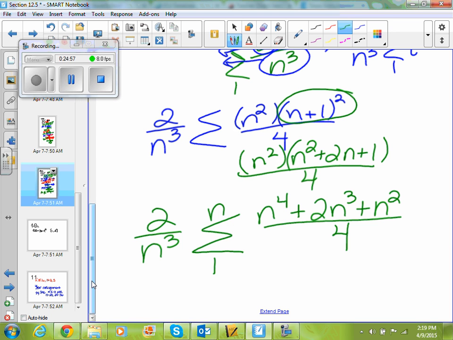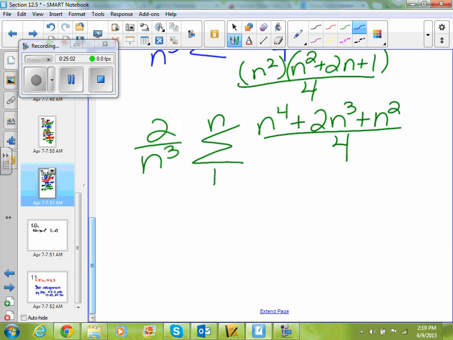Okay, smart aleck. Alright, so if I put that n cubed back in, I get 2n to the 4th plus